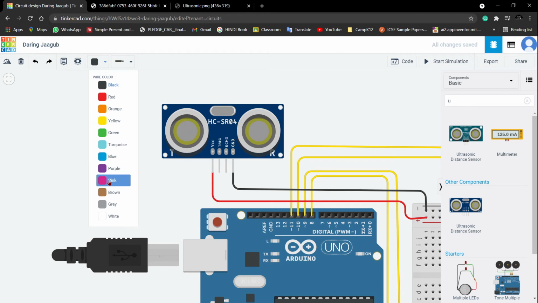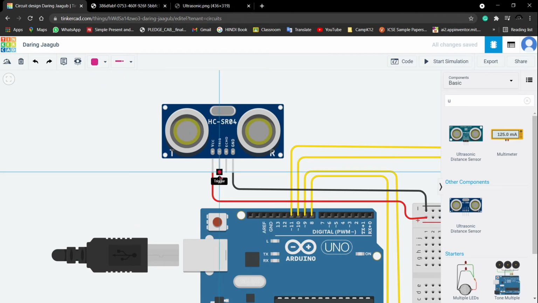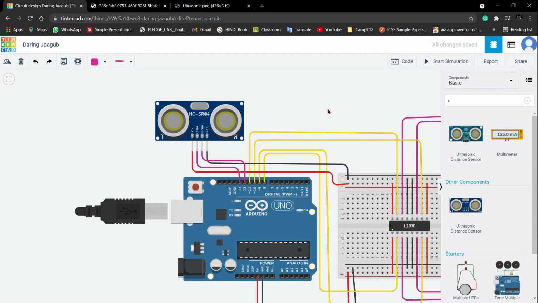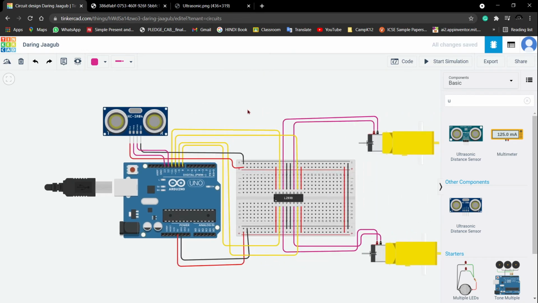Let's change the color to pink and give the trigger pin to 13 and echo pin to 12. So now our circuit is ready,